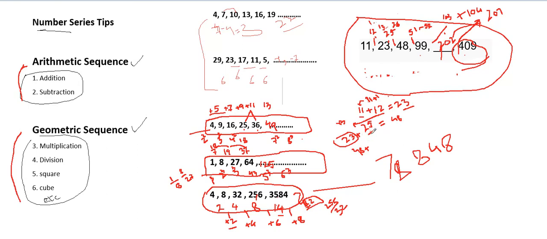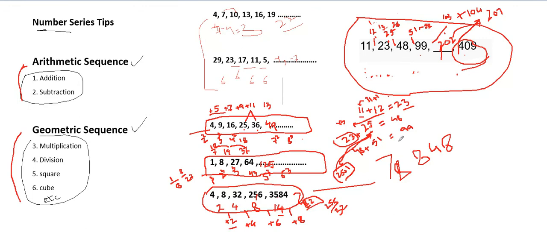Now we have 48 here. So to 48 we will add this distance between these two numbers, which is 25 plus 1, because that's what we are doing: the distance between two numbers plus 1, which is 26. We add this to the distance 25, and we will get here 51. So 48 plus 51 is equal to